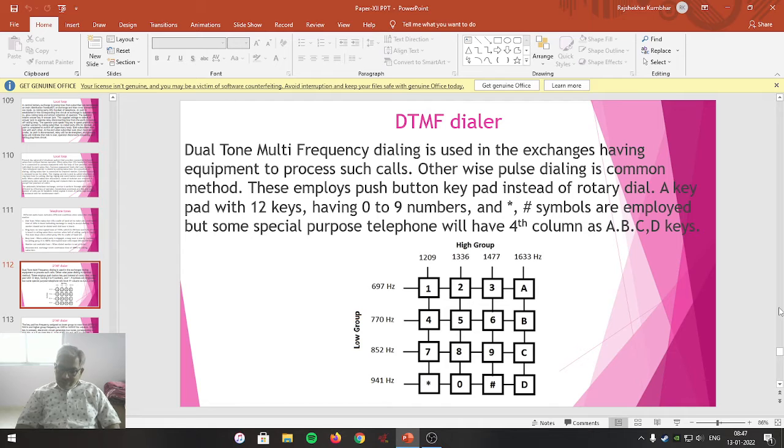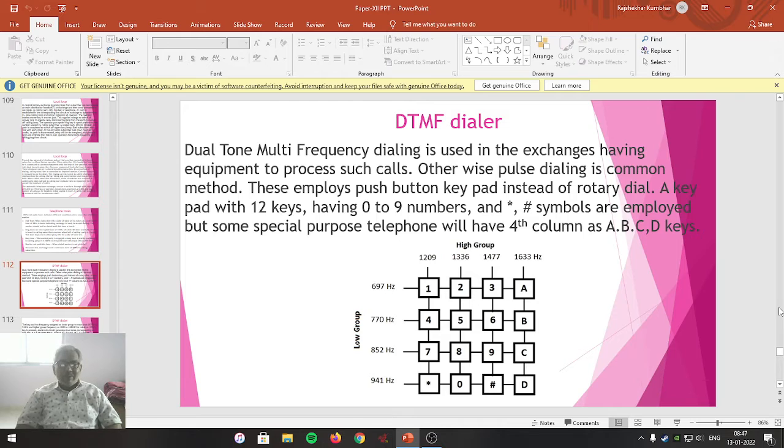These are the different types of tones which are used to understand the communication concept between subscriber and the telephone exchange.